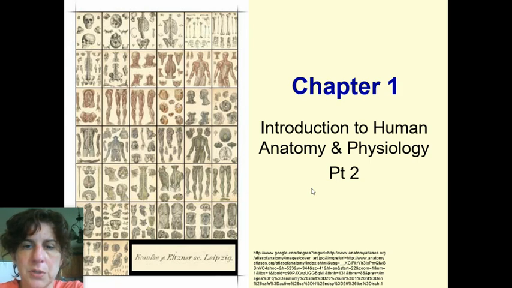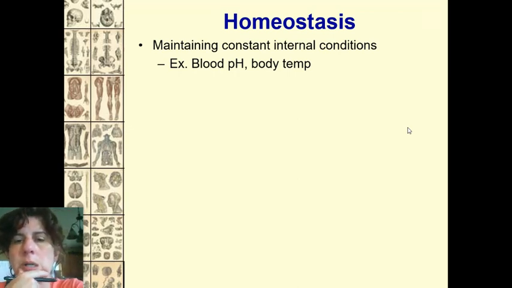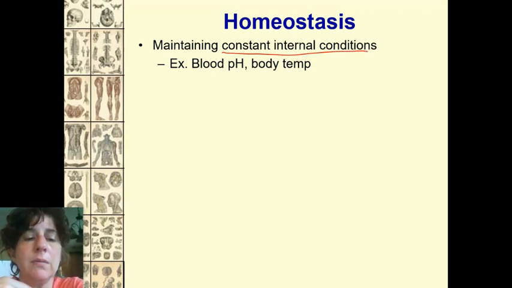So now we're going to move into the next section, which is something you really need to get to know, because if you're going into a medical career, it's going to be there for all of your medical career, and that's homeostasis. Homeostasis by definition is just maintaining a constant internal condition. It's what we do all the time. When it is not maintained, that indicates there's something wrong. So that's disease, that's disorders, that's a problem. What is not in homeostasis is going to be the problems that you need to look at.